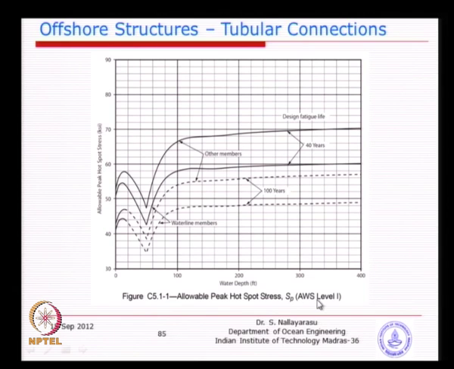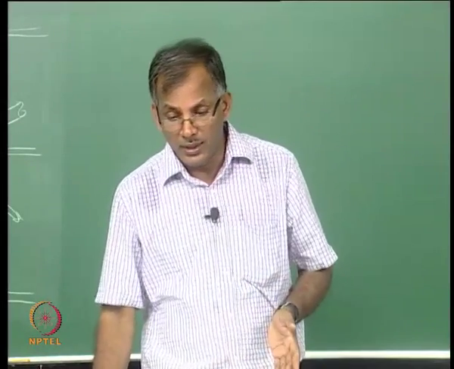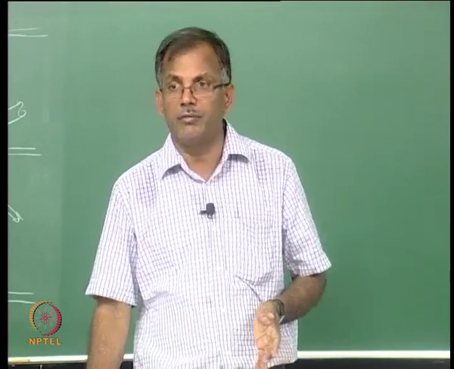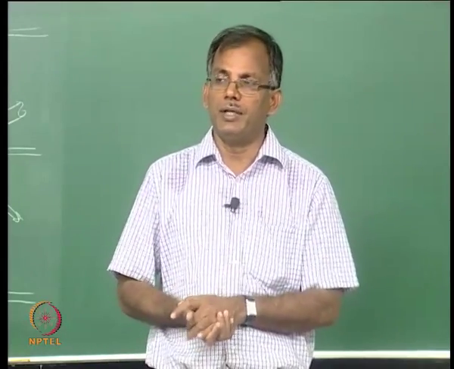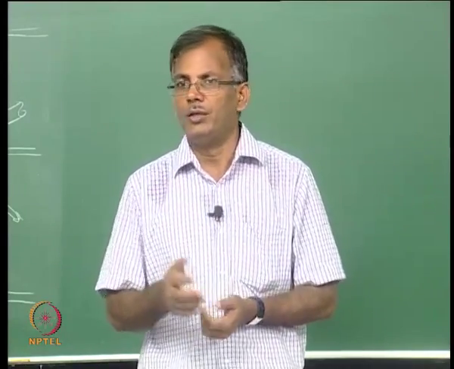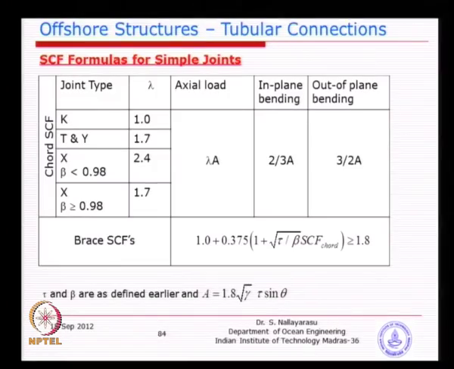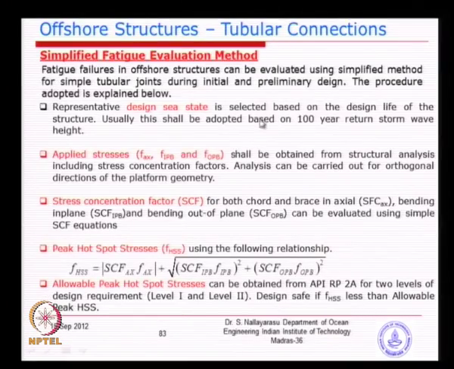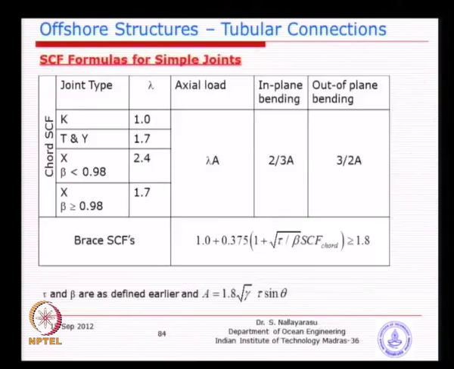What is level 1 and level 2? It is basically the risk level, like we were trying to learn earlier with LRFD, the different risk levels you take. Earlier API recommended, instead of giving the probability of non-failure or probability of failure, they have just defined level 1 and level 2, and you could apply. Because of the uncertainties involved in this method, it basically tries to use the 100-year storm condition representative of the fatigue, and this allowable hotspot stress is not representative of the actual joint, but it is coming from some empirical formula, because none of the design parameters are involved here.